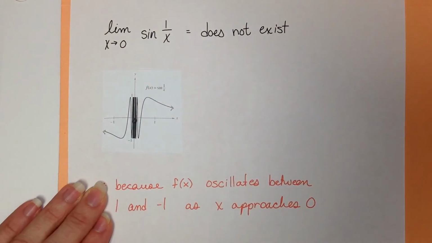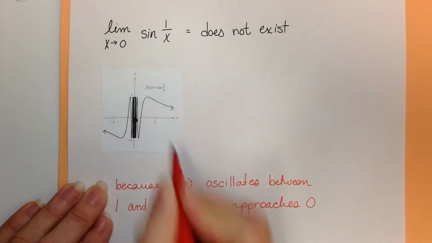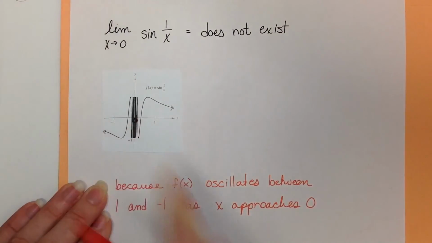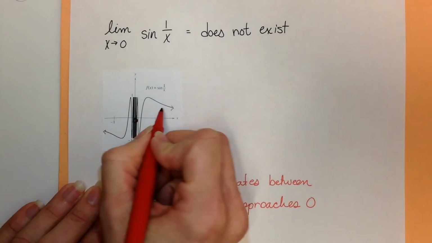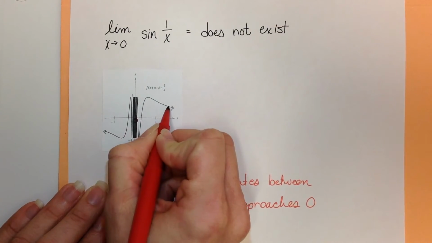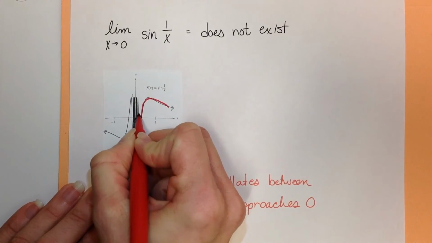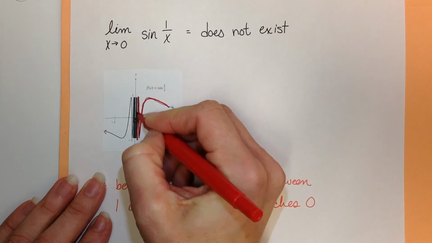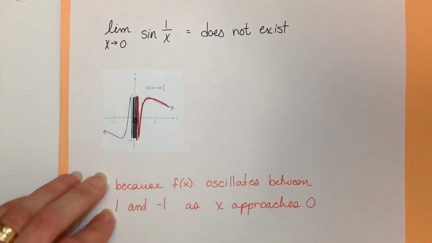Here's positive 1, so here's 0, here's negative 1. So if you start looking at your graph from the right-hand side of 0, here's what happens. It comes down here to negative 1, goes up to positive 1. Then it comes down to negative 1, and then it goes up to positive 1. And it just keeps bouncing back and forth and never